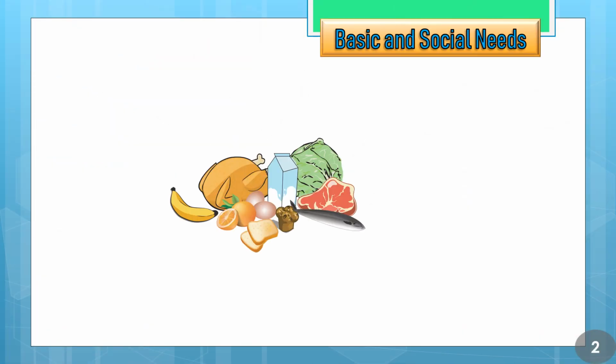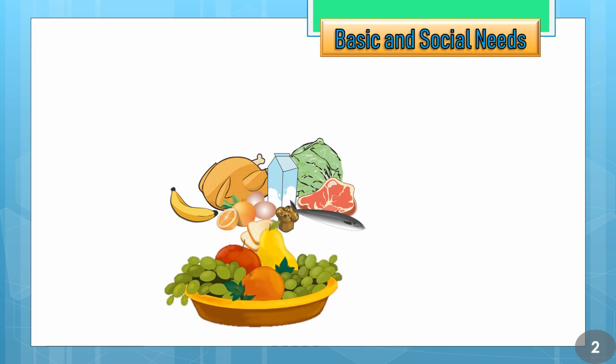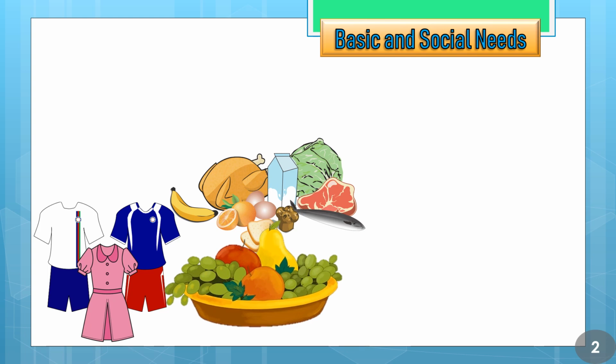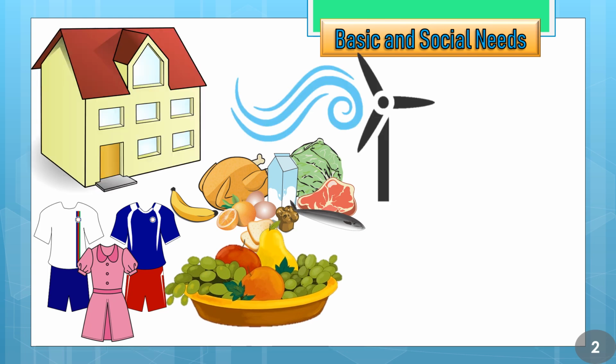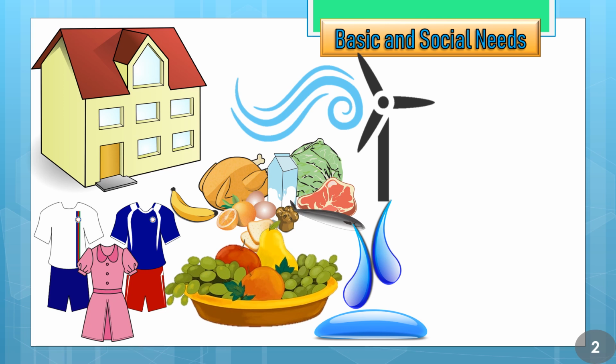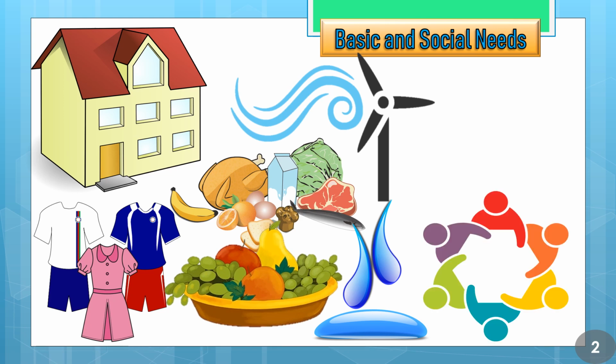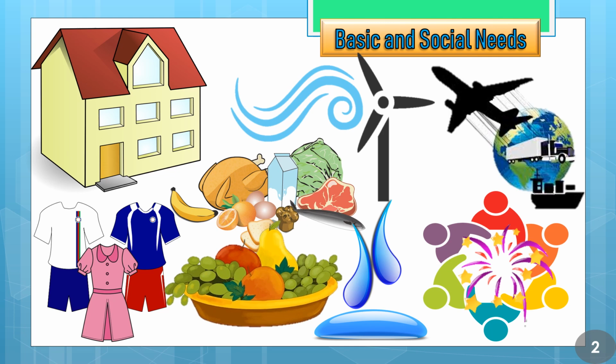Our needs and wants motivate us to work hard. They encourage and inspire us to get involved in productive endeavors that will help provide not just for the basic needs and social needs of the family, but also to have extra money to indulge in things that we enjoy. Basic and social needs are the things that we value the most as we deal in the different facets of life. These are basic because we need them to be able to live life.